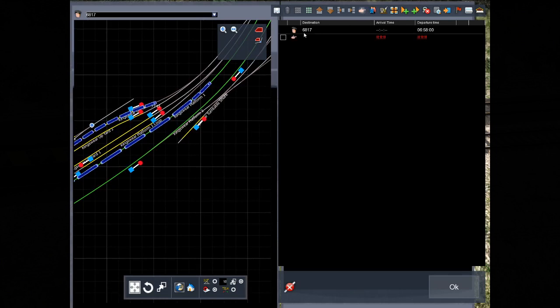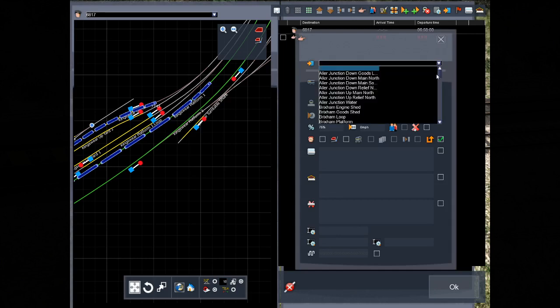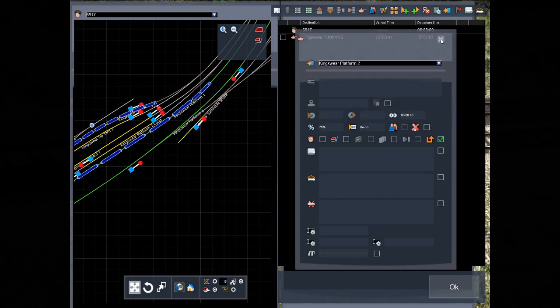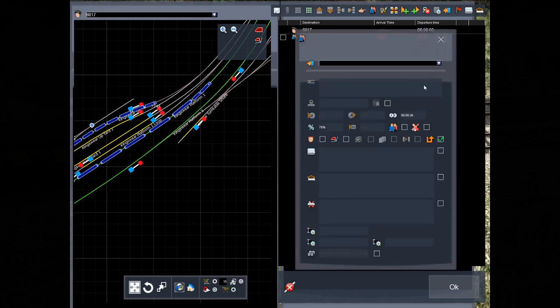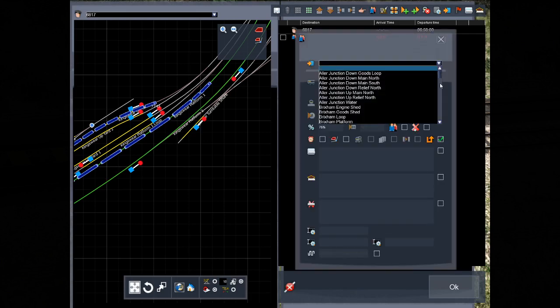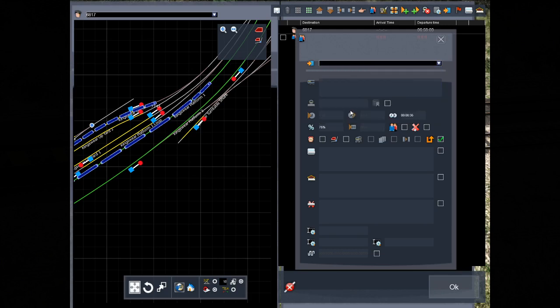So, go to Kingswear platform 2. And that will work. We don't need to give him a final destination because it's a computer train. The only thing I will show you is that's go to. Now you obviously know how to use that by now. If we just delete that, we'll actually give him this instruction instead, passenger 1, and I'll show you why in a second. So if we just say passenger 1 at Kingswear platform 2,